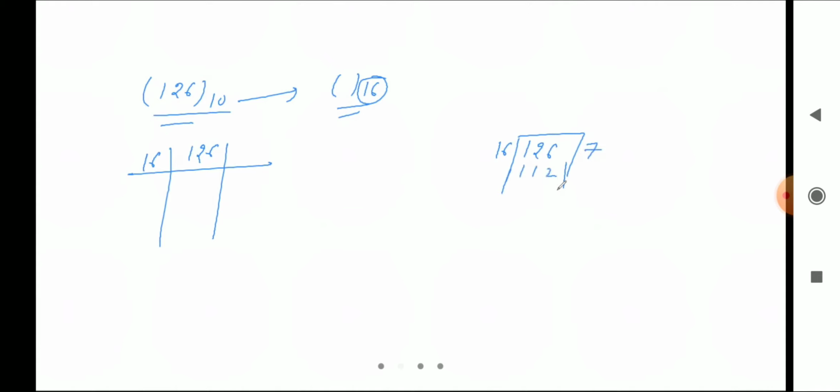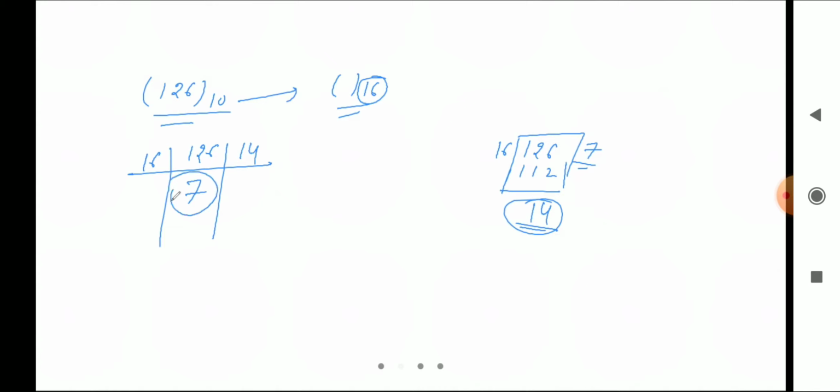112। हाँ हाँ हाँ, 16 7 112। ओके, सो हाँ हाँ, अच्छी बात है, मेरे को तो याद नहीं है ये। ठीक है, तो यहाँ पे कितना रहेगा, 14। ठीक है, so we can say remainder is this one and quotient is this one. So here it is 7 and here it is 14.